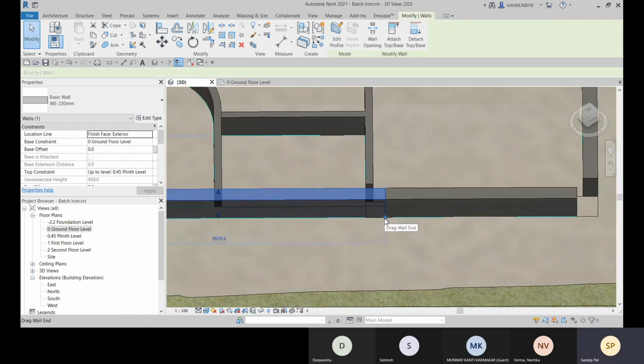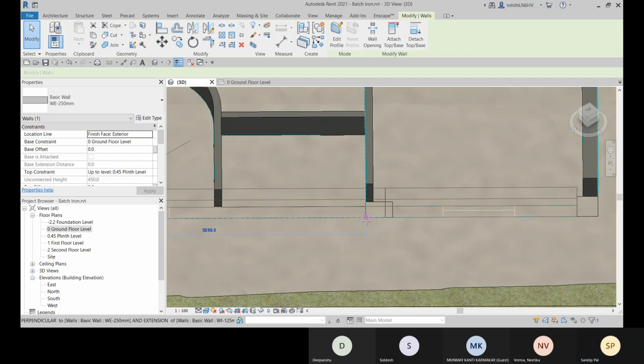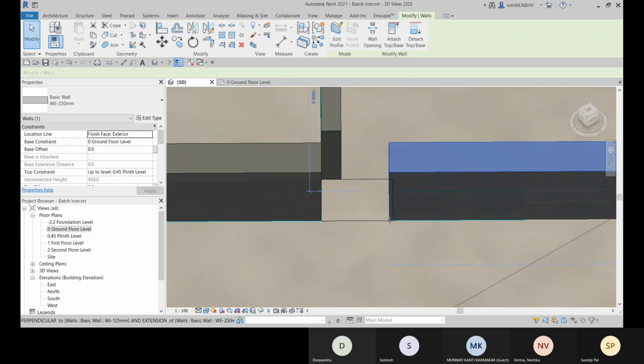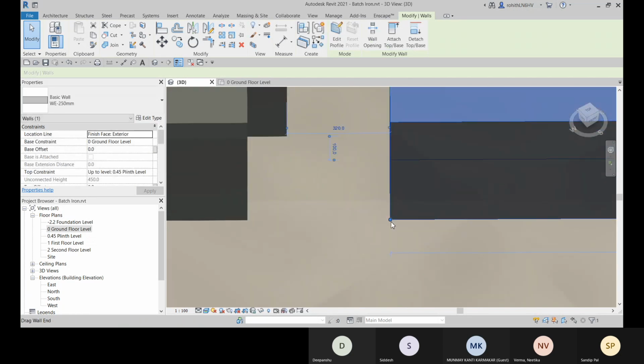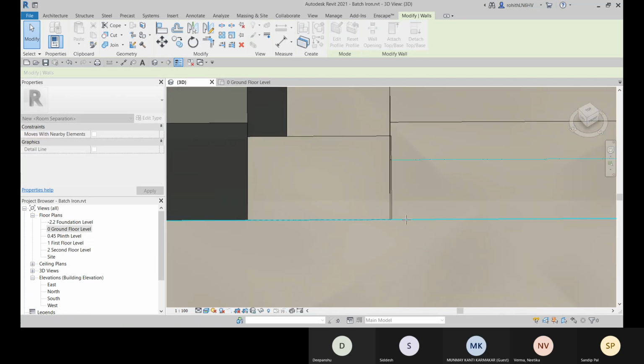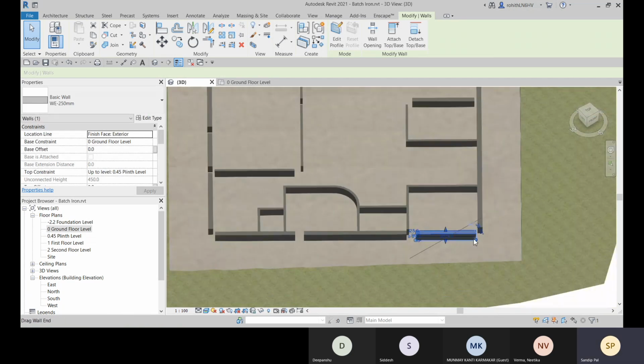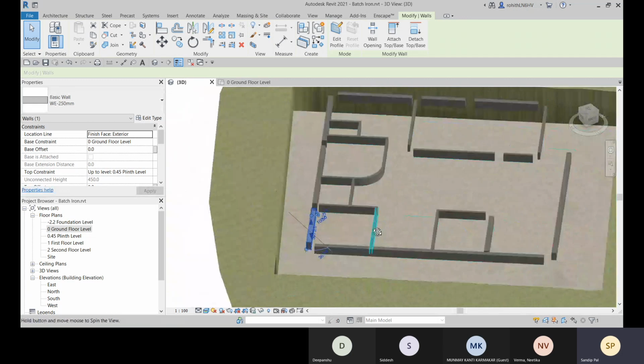If you need to split at one point, just specify that point and then press enter. And if you need to split at two points, define another point. The endpoint. Yeah. All right. So these are placed right now till the plinth level.